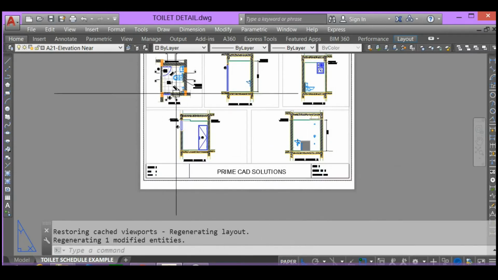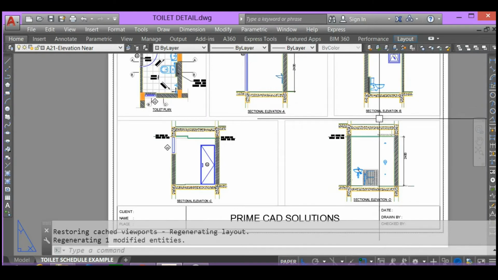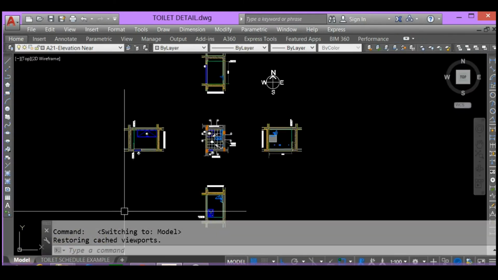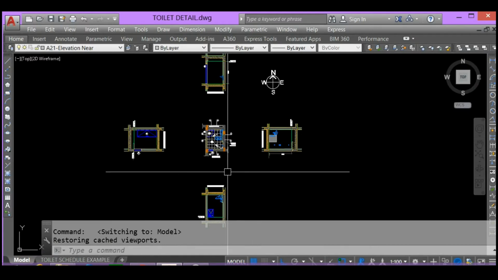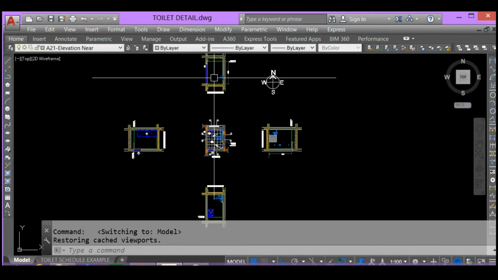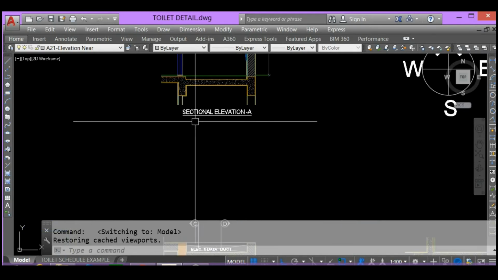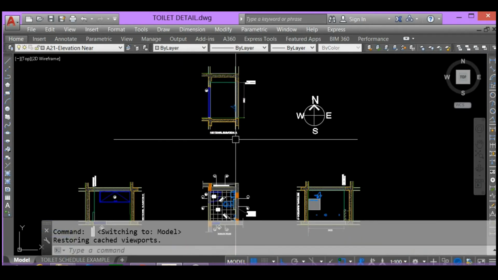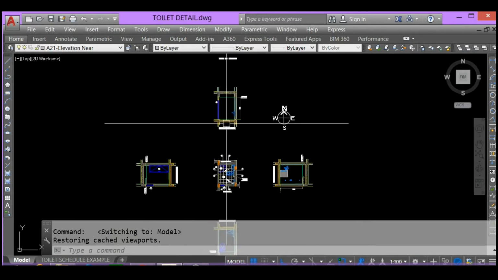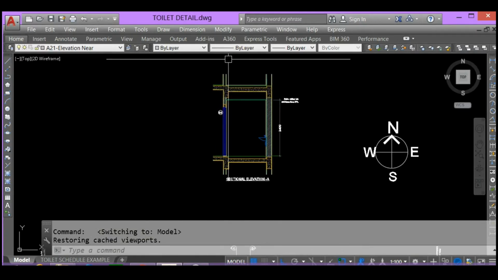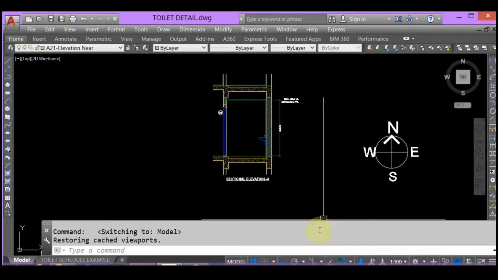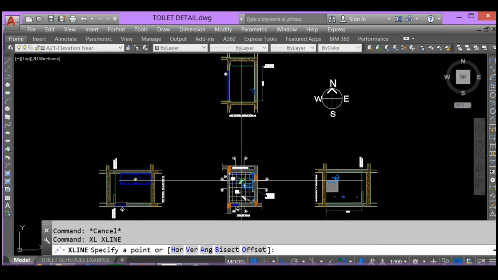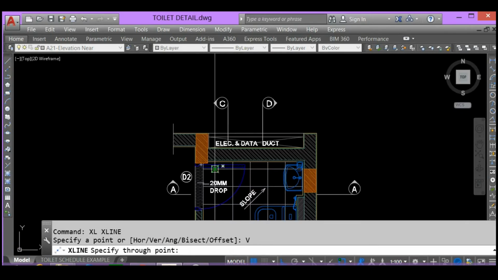So now I fixed these layouts. Now we go to the model space. I want to make a wall section with tiles in section A. My A section is above my plan, so it is very easy to make corrections in this section A. So it is very convenient to draw. See, now I draw my wall tiles here. See, it is very convenient.